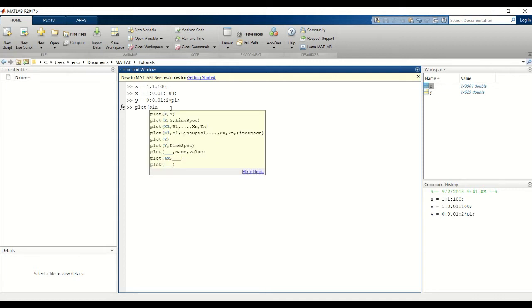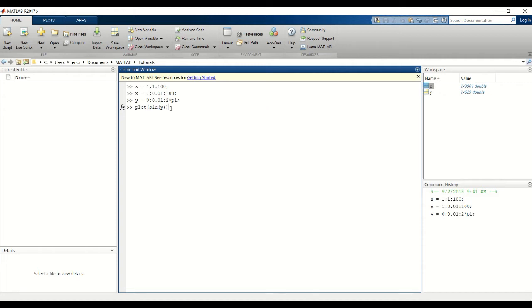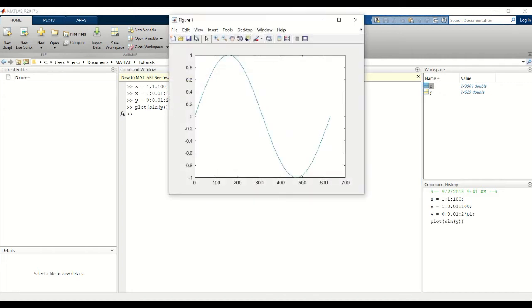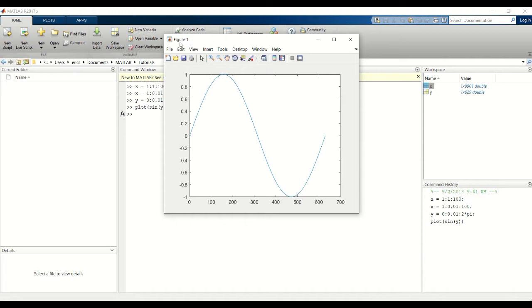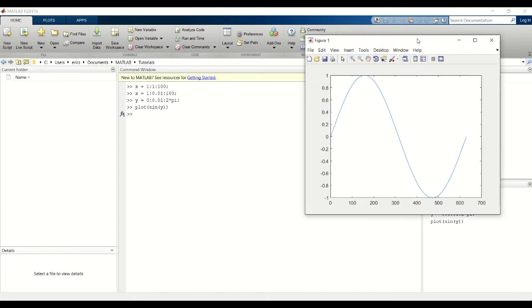And to use plot, simply type plot, and I'm going to do sine of y. And it will pull up this figure window. So here we have figure 1, and it plots a sine function with an amplitude of 1 from 0 to 2 pi. I'm going to keep that open,